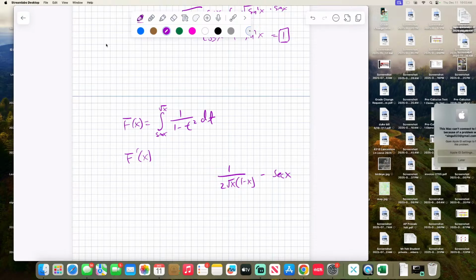I got it. 1 over cosine square of x times cosine of x equal to secant of x. 1 over cosine squared of x. Yeah. That's what goes back. Yeah. So then it's just any